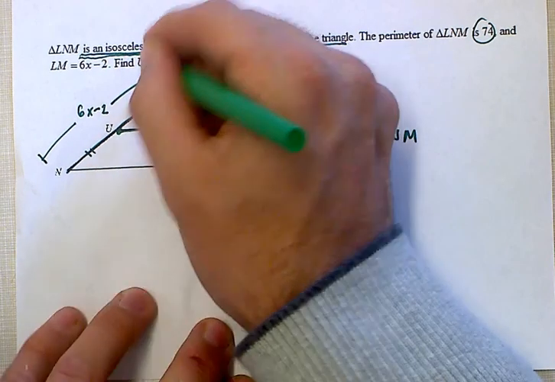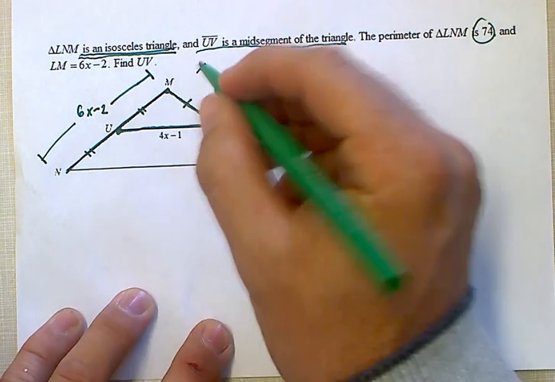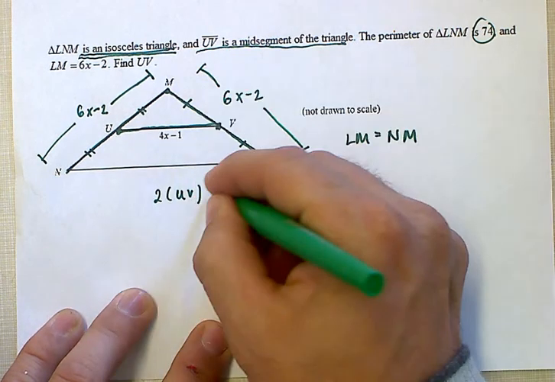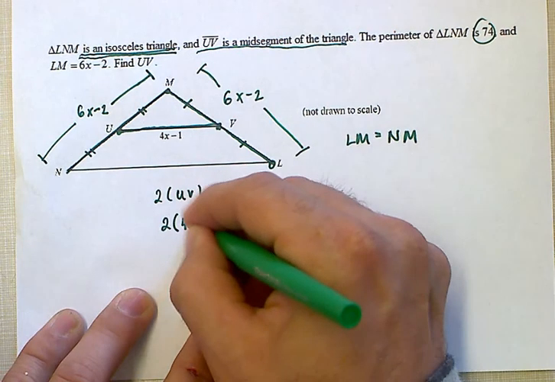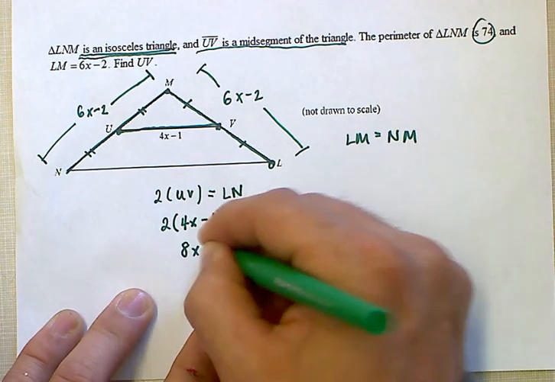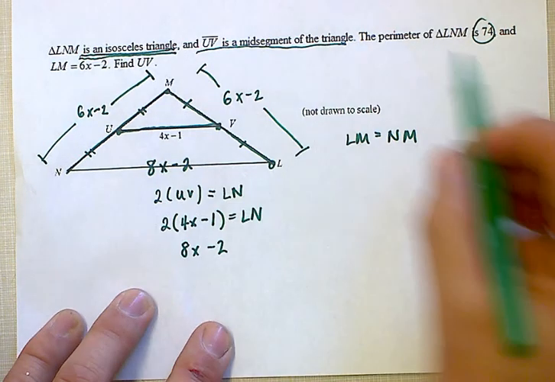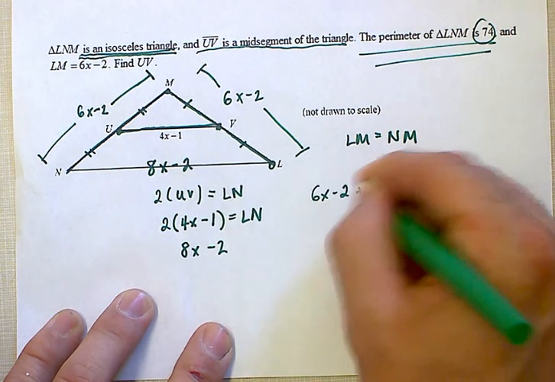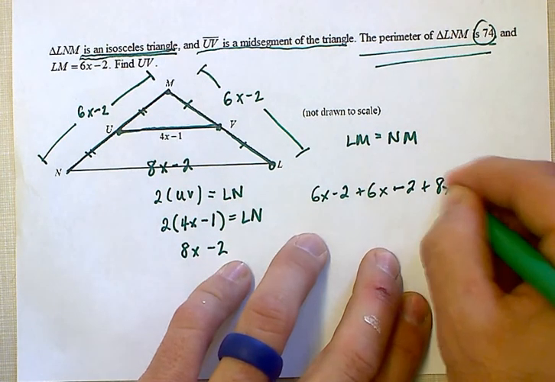Now, mid-segment tells me that 2 UV, twice the mid-segment, is equal to LN. So all I would have to do here is 4x minus 1 is equal to LN, 8x minus 2. So I could say that this here is 8x minus 2. Now it gives me a perimeter. So I can set the 6x minus 2 plus the 6x minus 2 plus the 8x minus 2 equal to